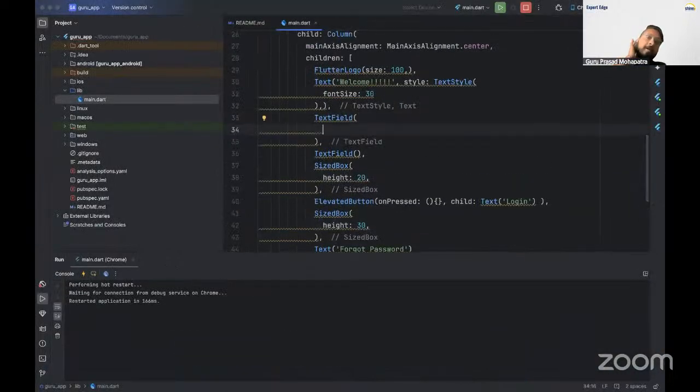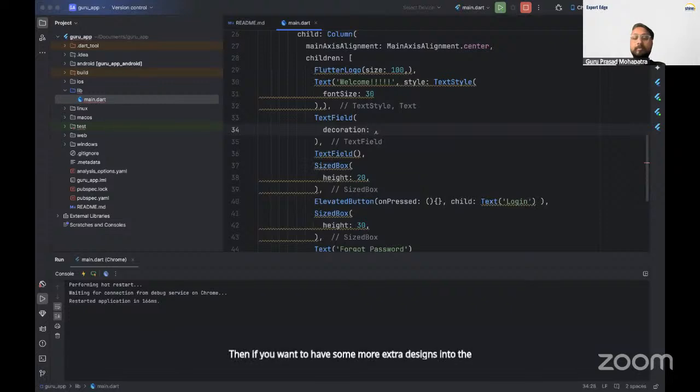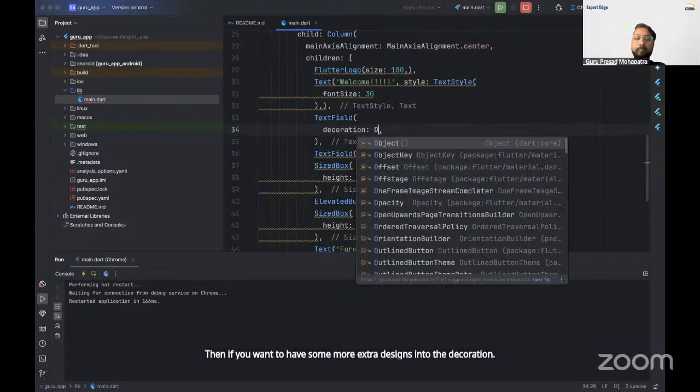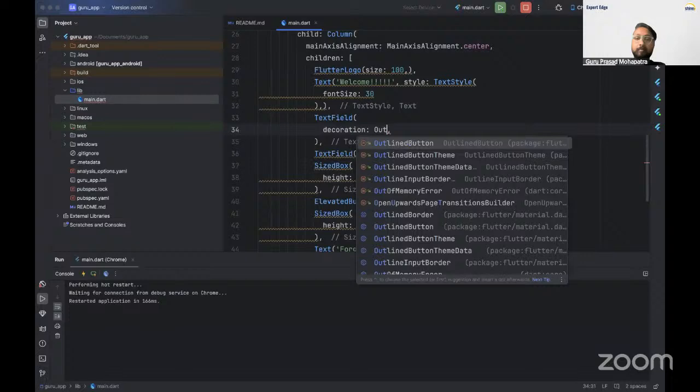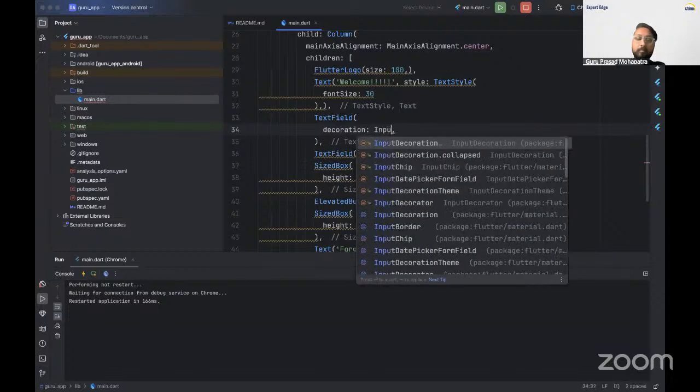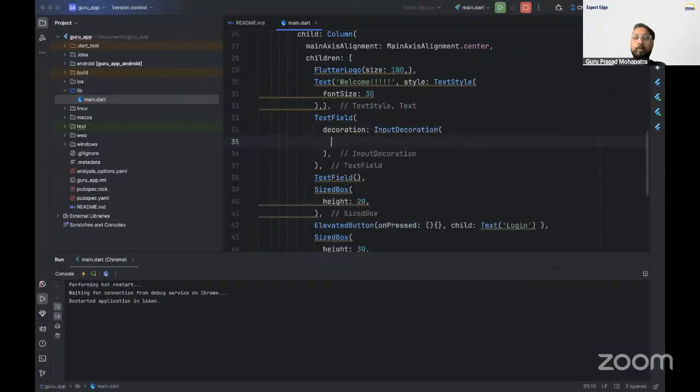Then if I want to have some more extra design inside the text field, there is decoration, input decoration.